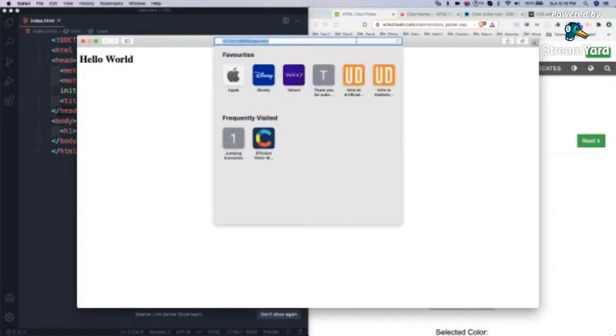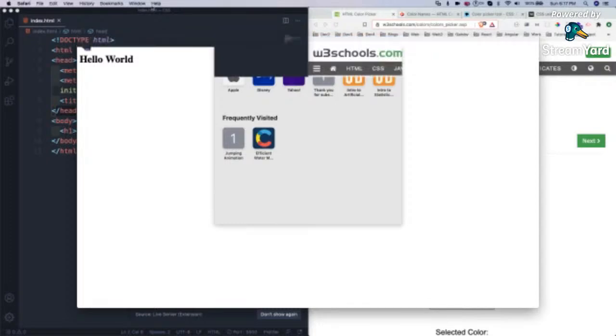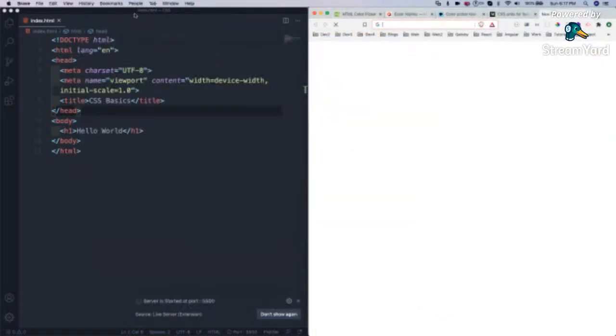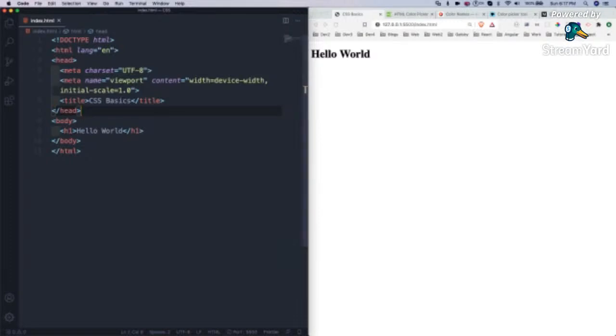By default, it goes to Safari, but I prefer Brave. So that Hello World has come, which is because of the H1.